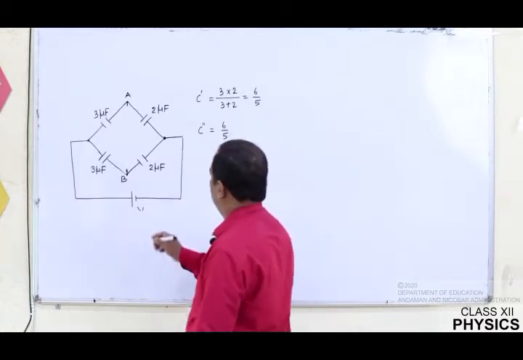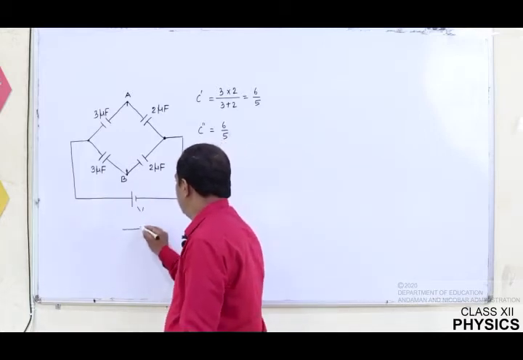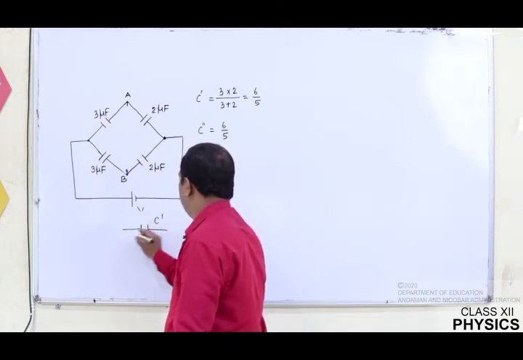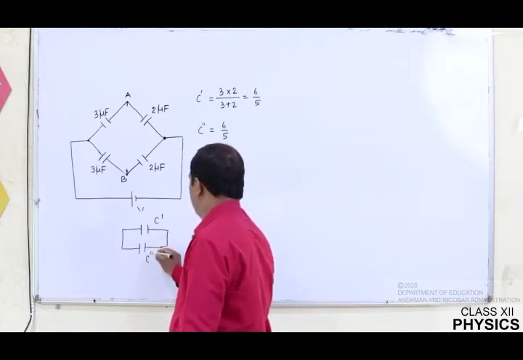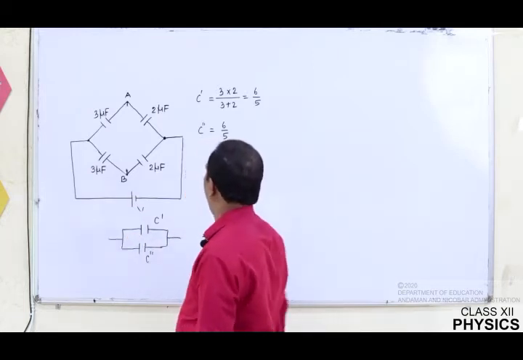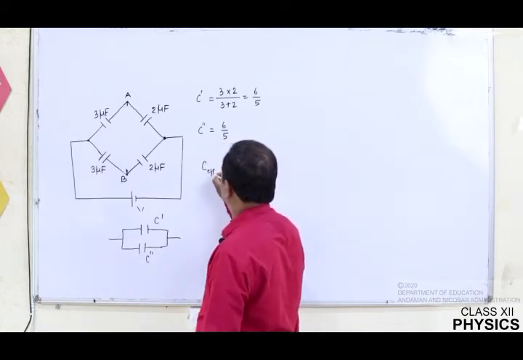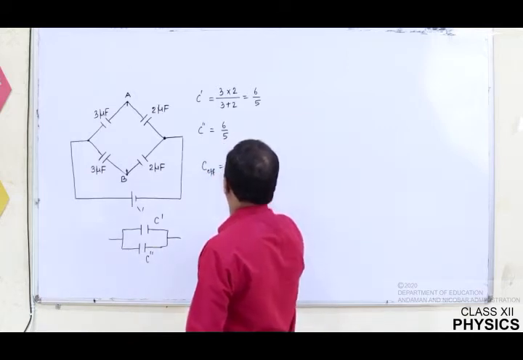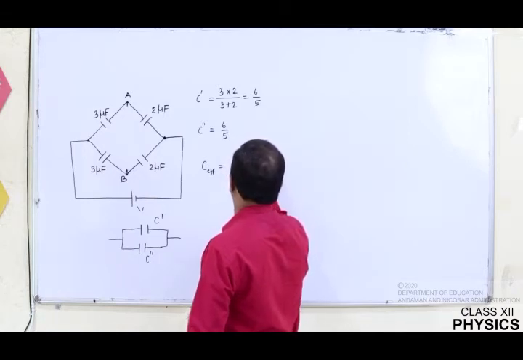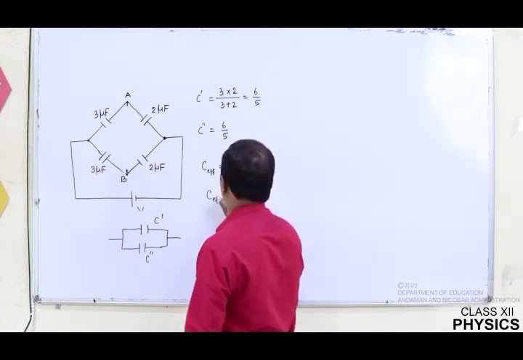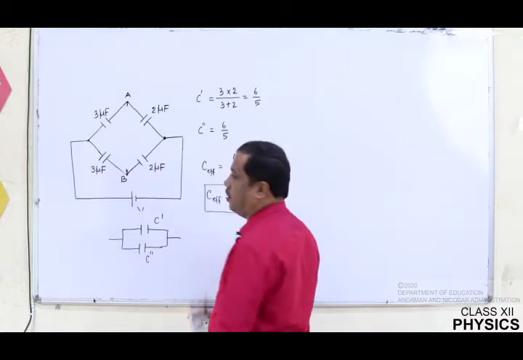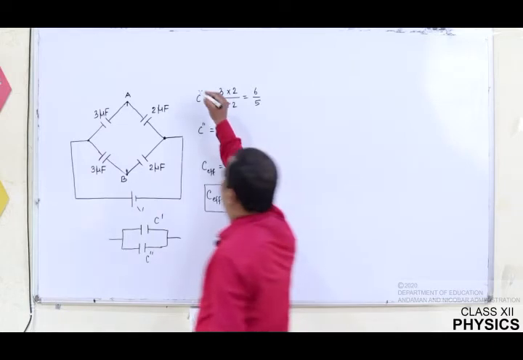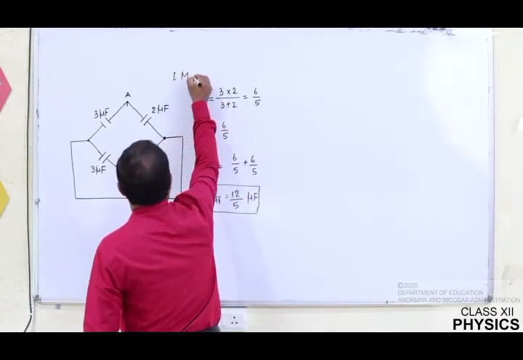Now the circuit will be reduced like this. The top one C dash, and the bottom one C double dash. So both are connected in parallel. Therefore the effective capacitance will be 6 by 5 plus 6 by 5, which is going to be 12 upon 5 microfarad. So this is the effective capacitance. Now, this is the first method. Okay. Second method,